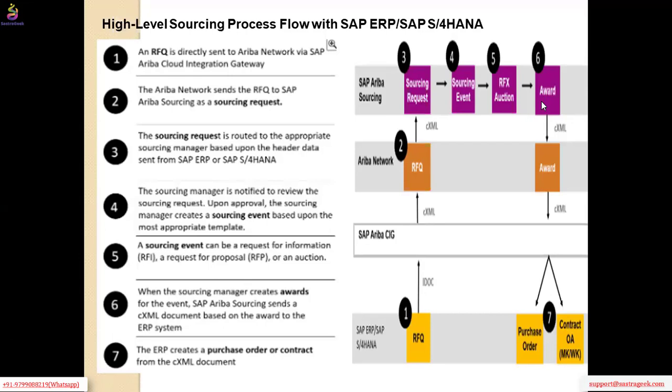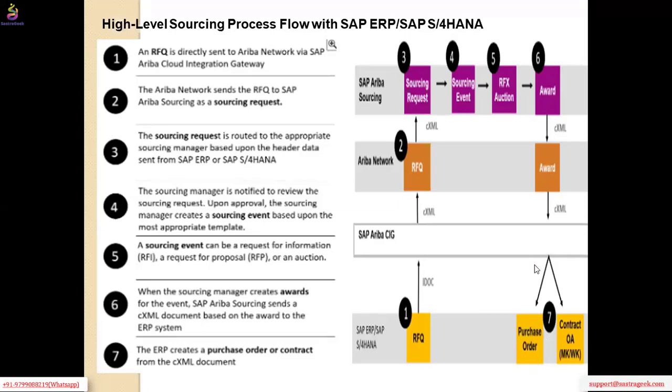Generally, whenever we do a negotiation with the supplier, the outcome includes the supplier information, the item information, meaning the item we discussed with the supplier, and the quantity and the price as well. We receive this outcome on the Ariba side as the outcome of the sourcing solutions, and this outcome will again be transmitted to the S/4HANA system. The awarding information comes to the Ariba Network platform, and again to the CIG portal. CIG does the translation, changes the language, and automatically transmits it to your